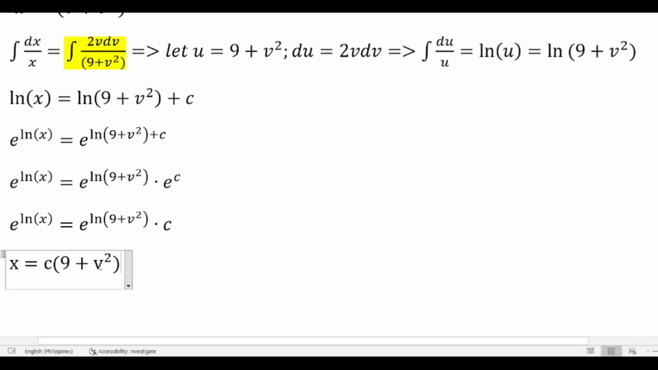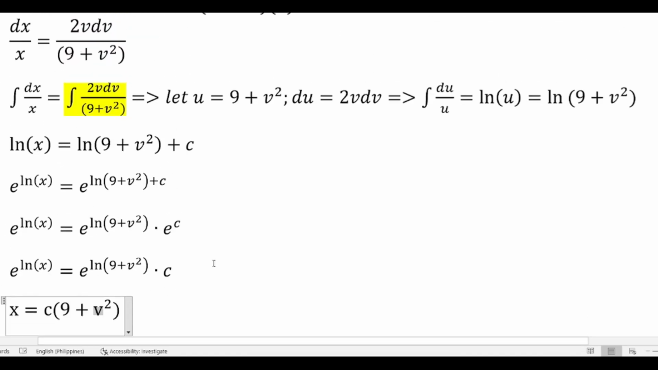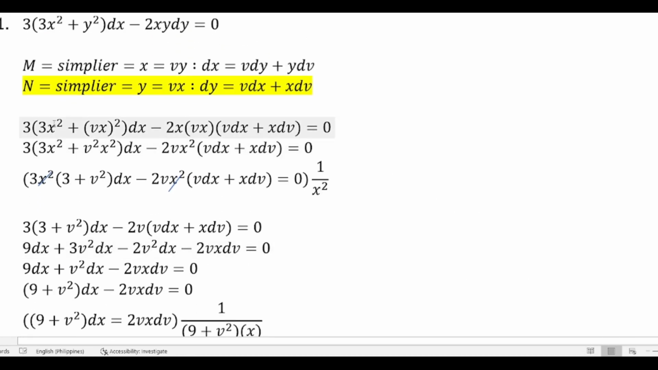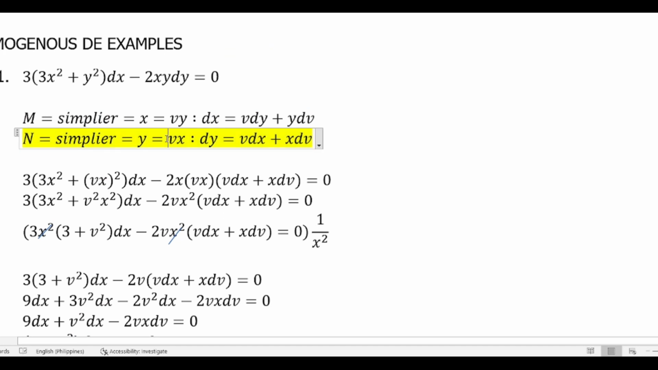Not yet, because this one is still denoted as B, not in terms of Y. So we'll be finding first the value of V. So we substitute it over here. Now this one, how do we get it? So let's just put it over here. There. So we can use this one to find the value of v. So v is equals to